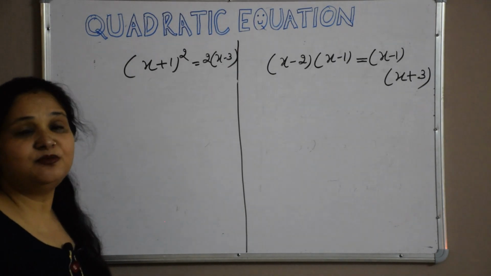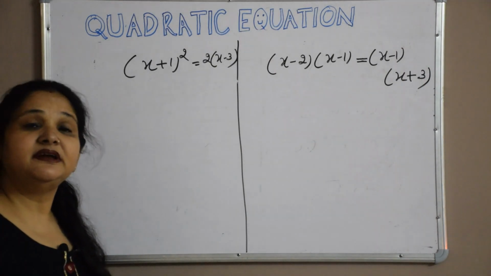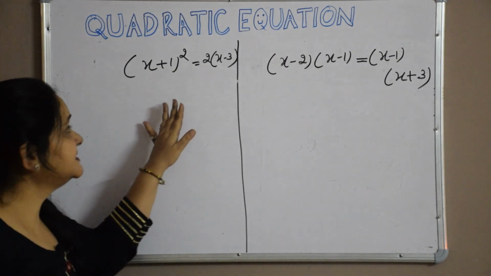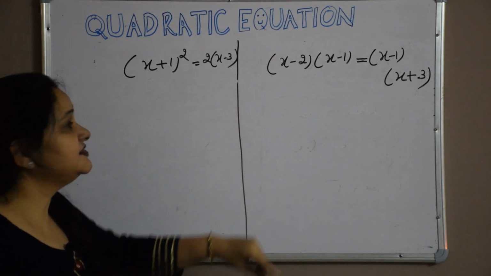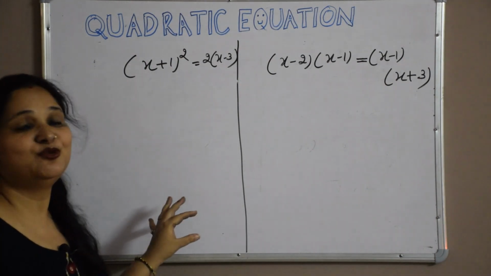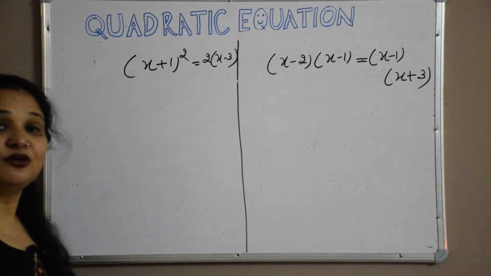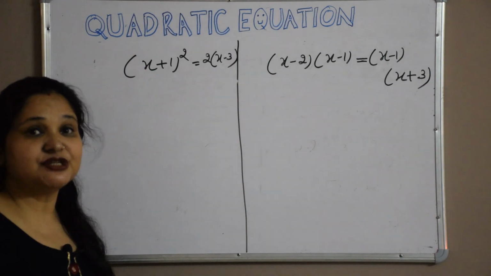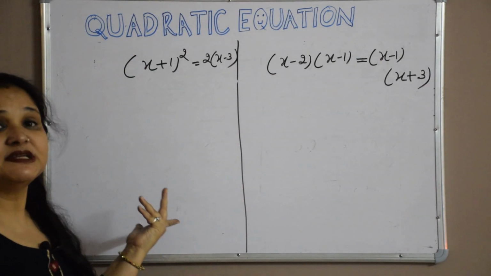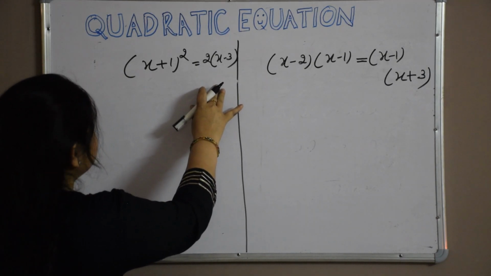By seeing the polynomial we can say whether it is a polynomial or not, and we can tell about the degree and we can tell about the terms also. But in case of equations we can't tell everything just by seeing. We have to sometimes calculate it and then come to the conclusion. First of all, whether it is a quadratic equation or not, and then which type, how many terms there are, what is the degree. So they are asking, check whether it is a quadratic equation or not.